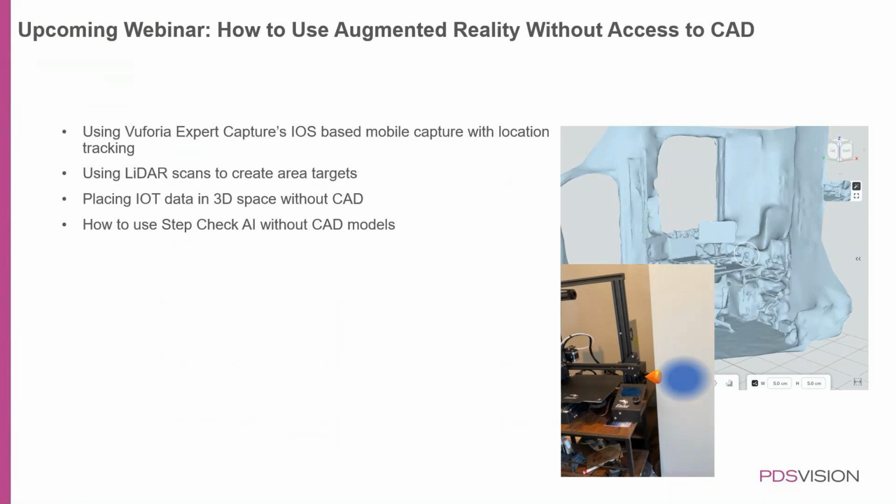The next AR webinar we have, it's not on the schedule yet, but we were just talking, and it's going to be about how to use AR, augmented reality, without having CAD. And so that's going to cover using PTC's new Expert Capture iOS-based mobile capture, which allows you to capture location data just by scanning it with an iPad. Using LiDAR scans to create area targets like you see here, placing IoT data just in 3D space without CAD, and then being able to use Step Check, the AI feature of Expert Capture,